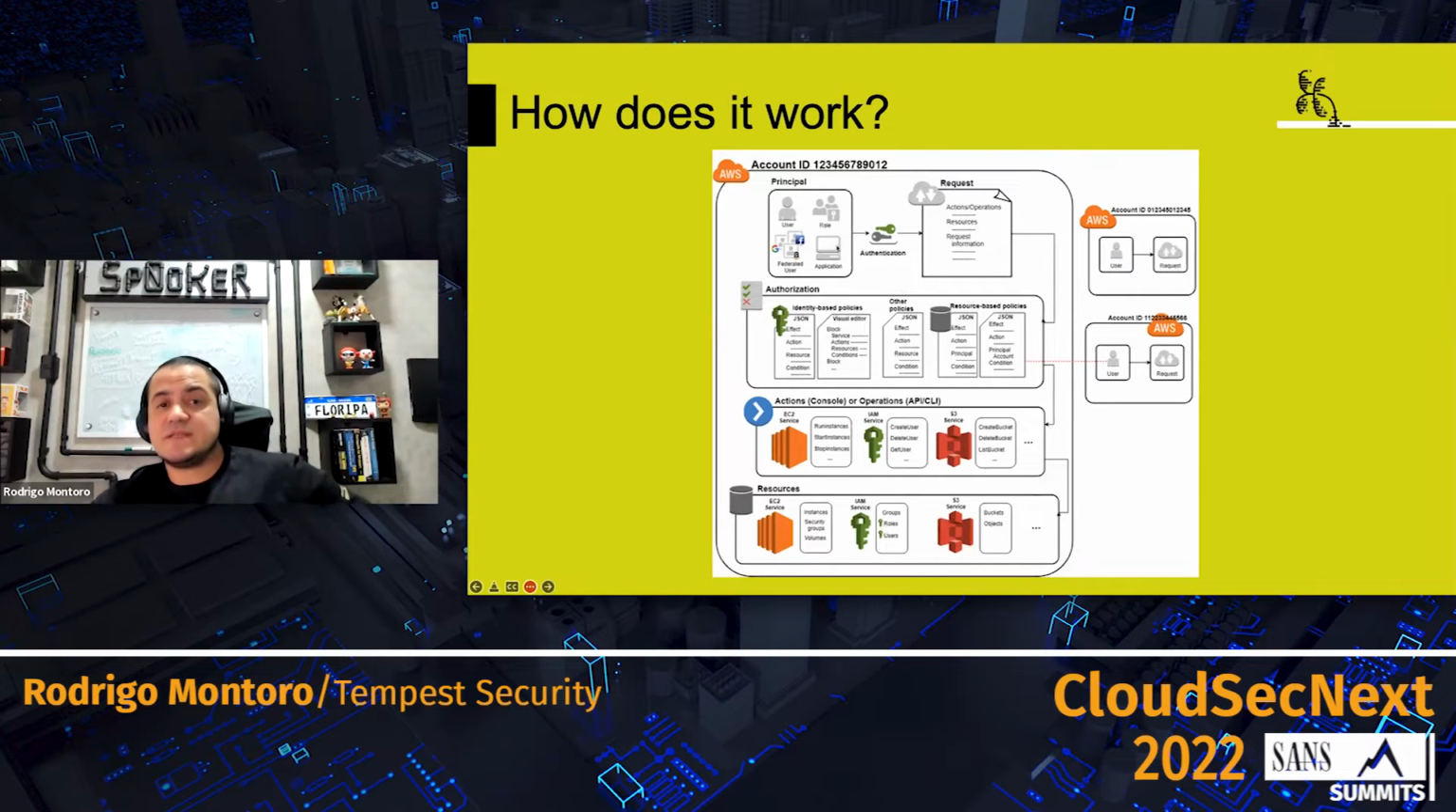And how it works: you have the authentication before the authorization. It could be a user, a role, SSO with some IdP, some application, or you could have cross accounts. And here, in my opinion, is where the most dangerous part lies, because you don't have information about how secure that account is. But